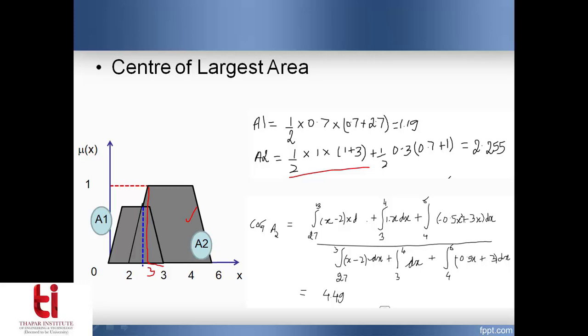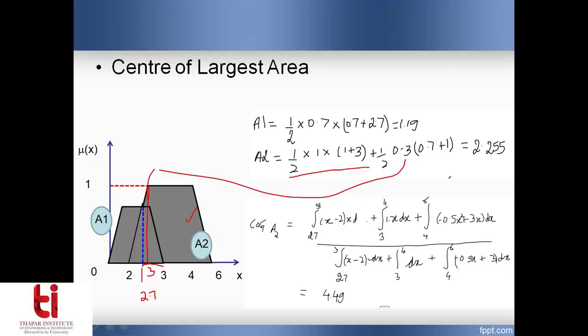Next, for the smaller trapezoid, I'm going to get the value. So this is the area for this. So what is the height of that? We'll see. The height is going to come on this side. So this point is 2.7. So 3 minus 2.7 gives me 0.3. So this is the height. And these are the bases.